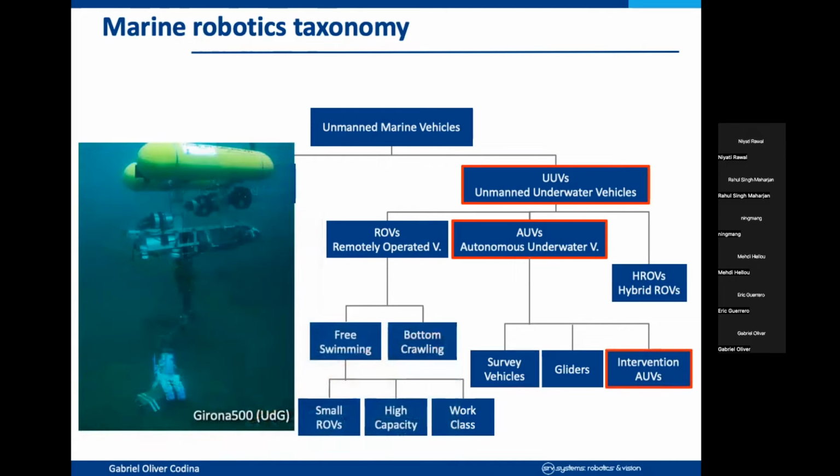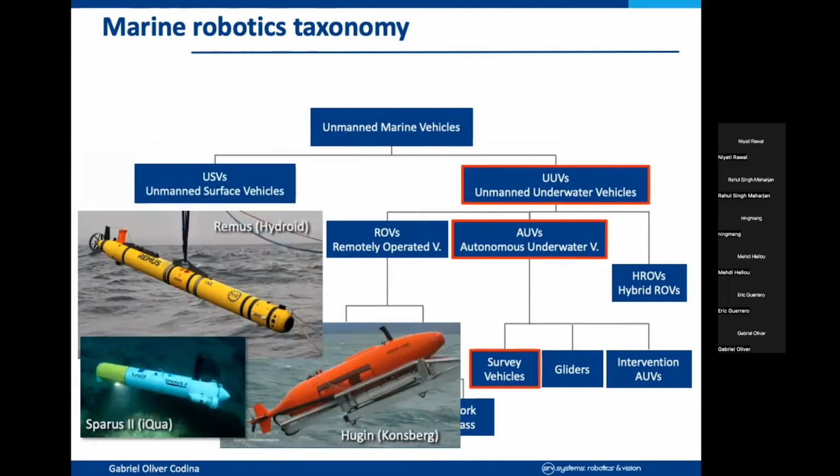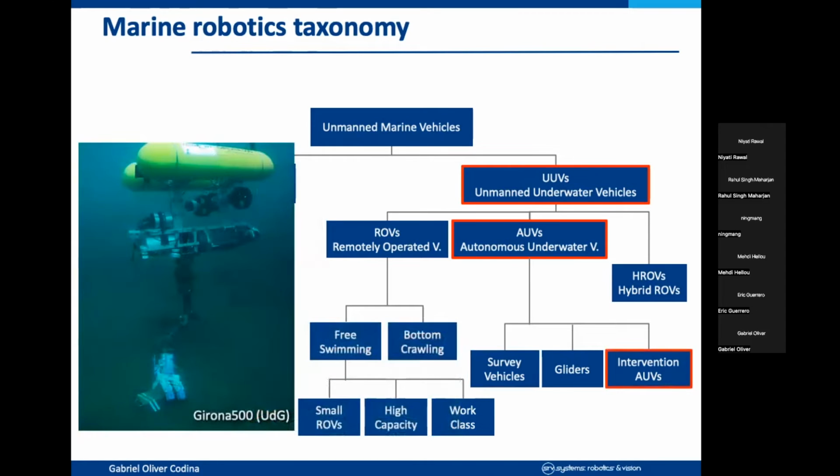Okay. And finally, there is another kind of vehicle that also has the option to use an arm and manipulate. Okay. The previous vehicles can only take images, data, temperature, salinity, or other kinds of sensing, but cannot interact. But this is one of the only vehicles that can also use an arm to make some interaction